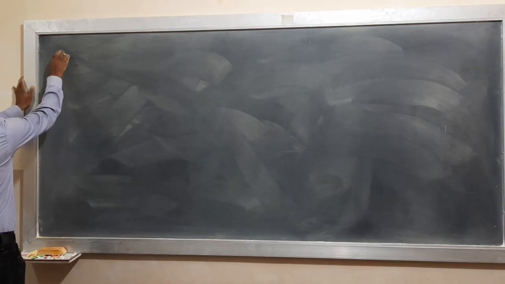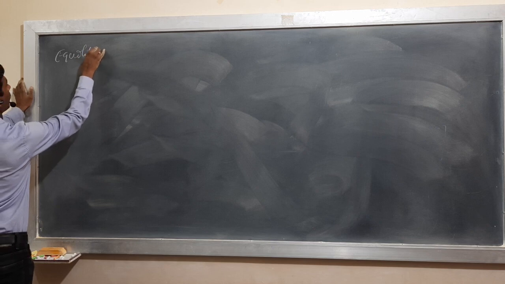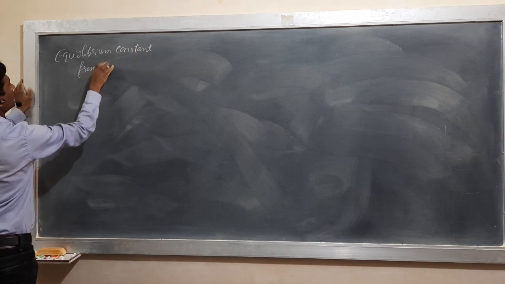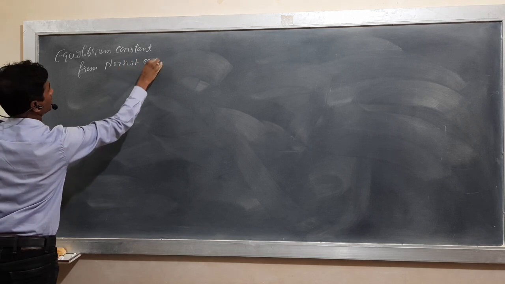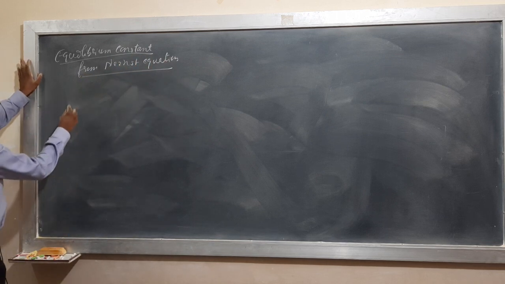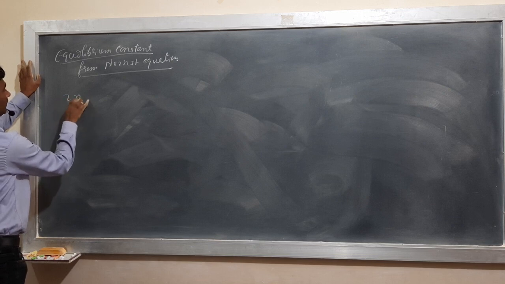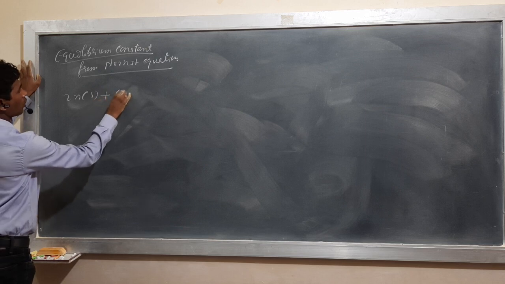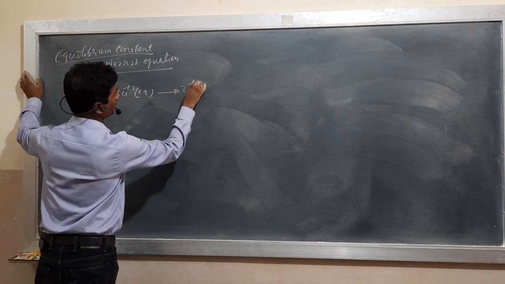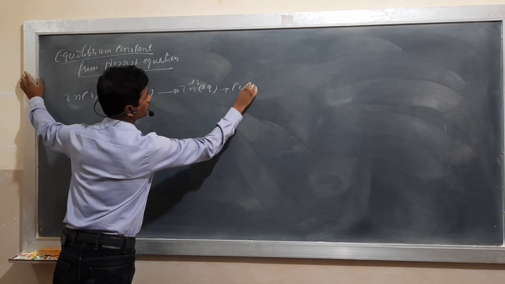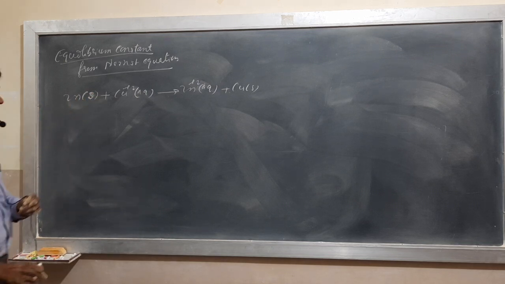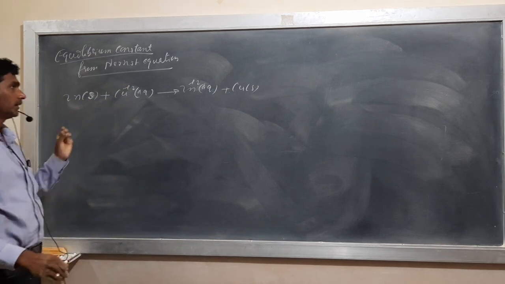Second is the equilibrium constant from the Nernst equation. For example, you know the Daniell cell: Zn solid plus copper plus 2 aqueous gives Zn plus 2 aqueous plus copper solid. This is the overall cell reaction of the Daniell cell. When the Daniell cell is closed,